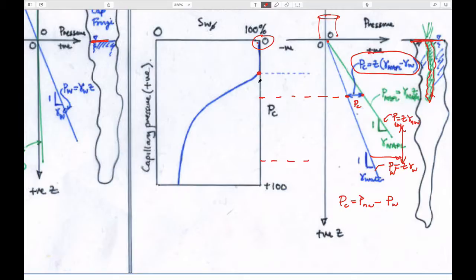But once you get below this point, then it can actually fill this up. And so at this particular point here, if this capillary pressure is equivalent to this depth, so this is really a depth here on this chart, but it's an equivalent capillary pressure here, then the saturation at that point would be equal to this. And what would it be? It would be equal to,